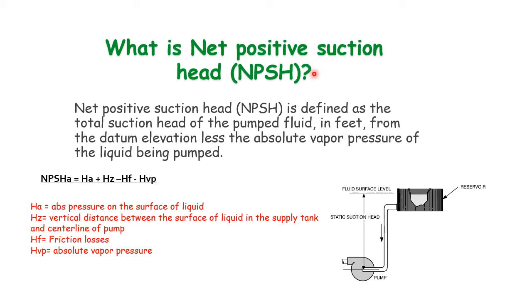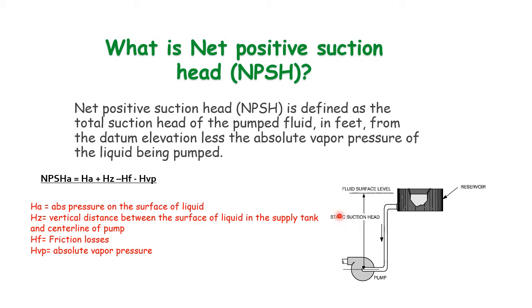So what is net positive suction head? We understand what positive suction head is, and now net positive suction head. Net positive suction head is defined as the total suction head of the pump fluid in feet from the datum elevation, less the absolute vapor pressure of the liquid being pumped. We should understand the datum elevation: the pump centerline is basically the datum elevation. So we should have enough suction head